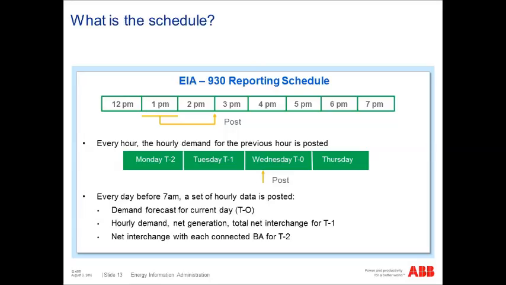Here's a recap of the reporting schedule for the 930. So every hour, they're posting demand for the previous hour. So that's coming through every hour. We're scraping it all the time. Every morning before 7 a.m. Eastern Time, they're posting a set of data which includes the demand forecast for the current day, the hourly demand, net generation, and total interchange for the previous day, and then they're also posting the net interchange for each transmission path on a